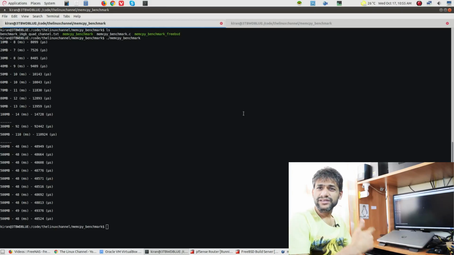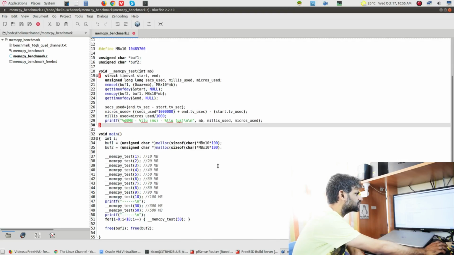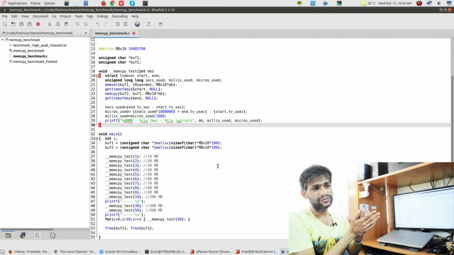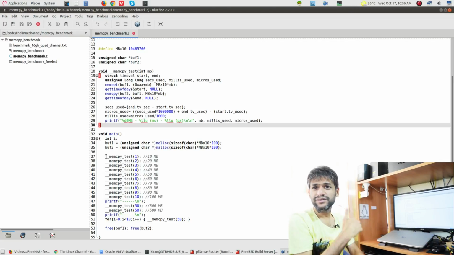So moving on to the system, as you can see here, I have done a quick memcpy benchmark on my main x86 system. This is the code which I have written, and I am not going to do any code work for this video episode, because the intent is not about how to write such code. The intent is all about what this performance benchmark reveals and how we can interpret it to assess the overall system performance. Okay, so here I am doing multiple tests with